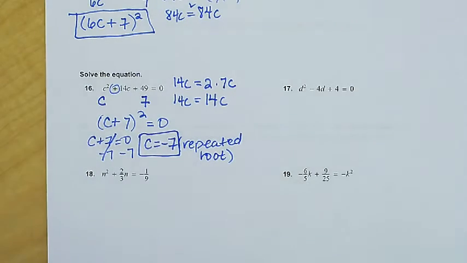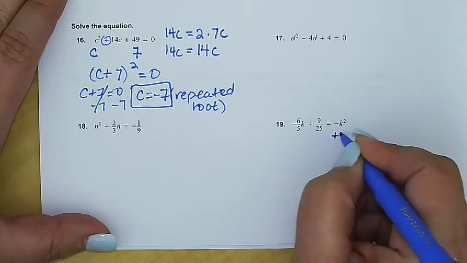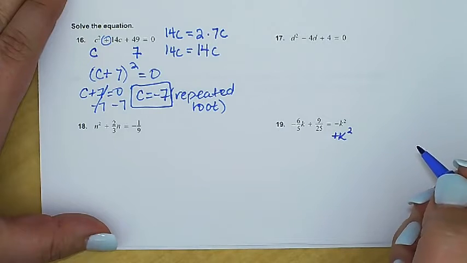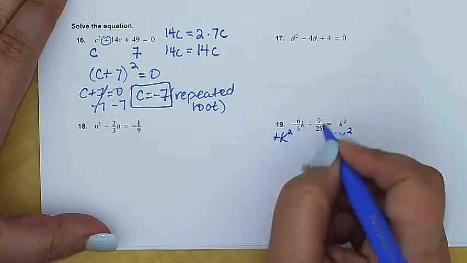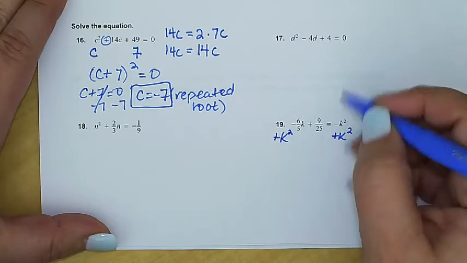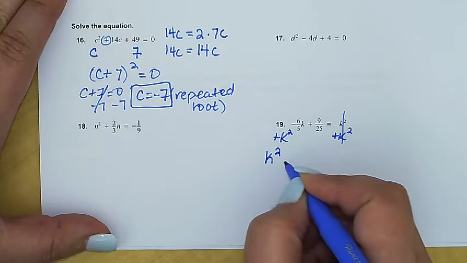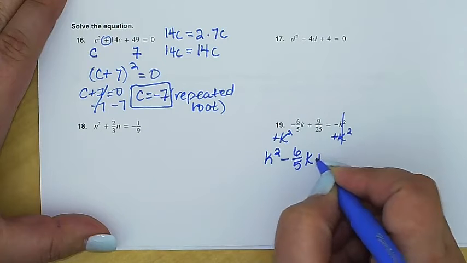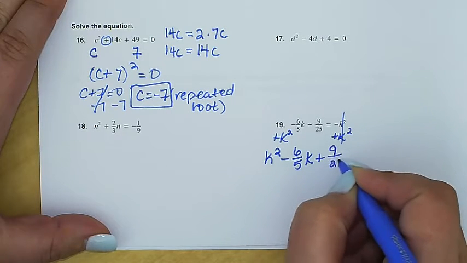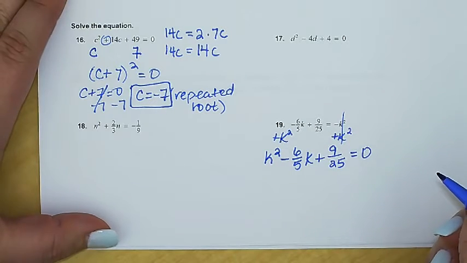Let's try one of these other ones that don't look quite as fun or pretty. Let's try 19. I like that one. So the first thing is it's not equal to 0. So y'all know the drill. It's always got to equal 0 before we start to use the zero product property. So I'm going to move that k squared to the left so that all of my terms are on one side and it's equal to 0 on the other. We now have k squared minus 6/5 k plus 9 over 25,